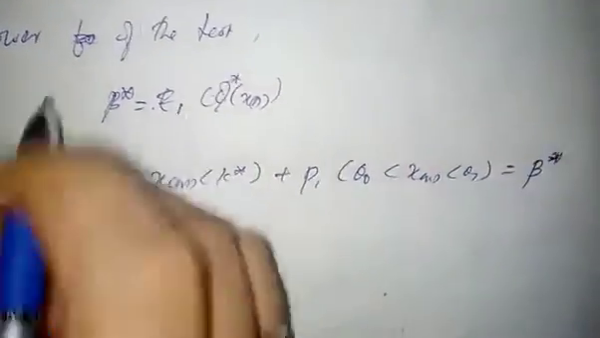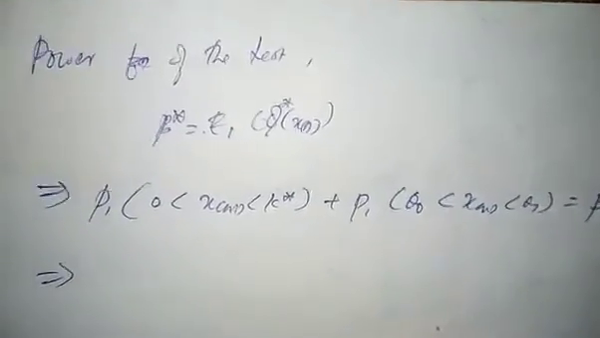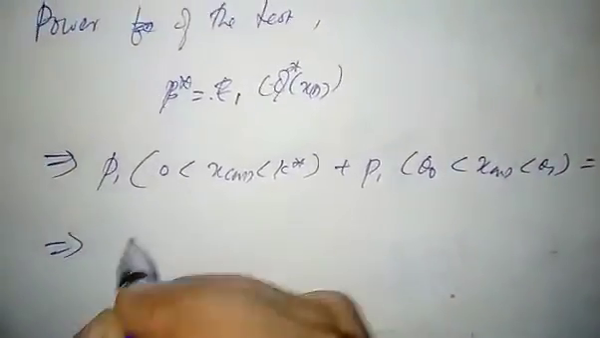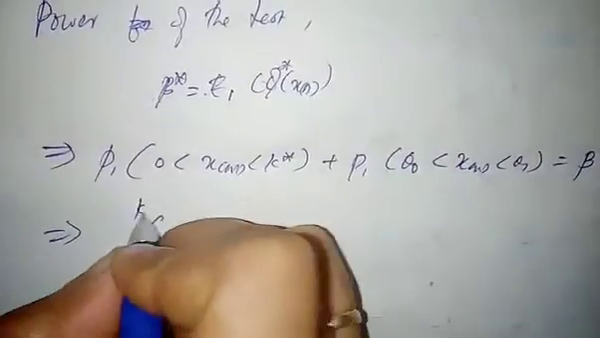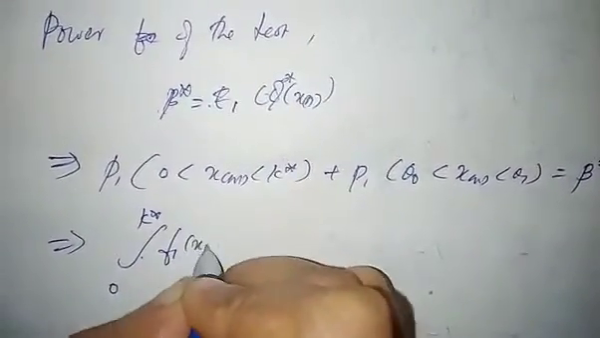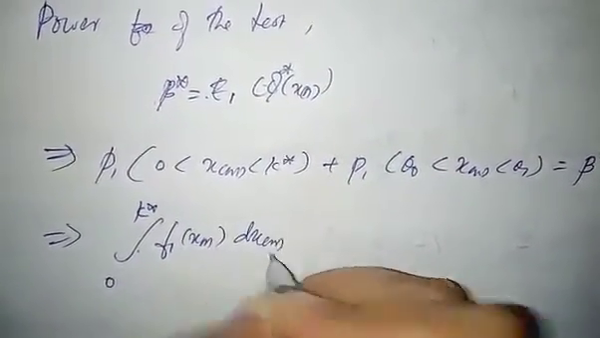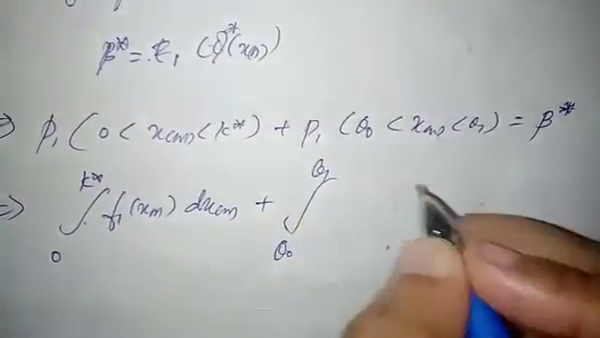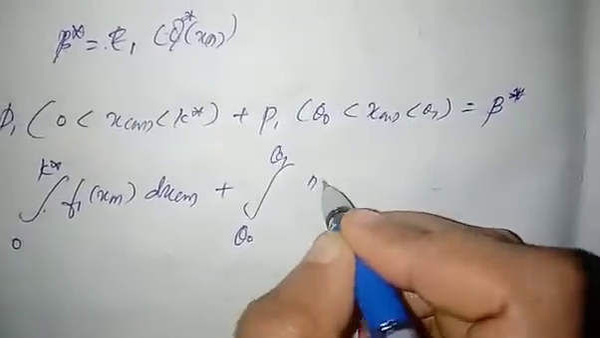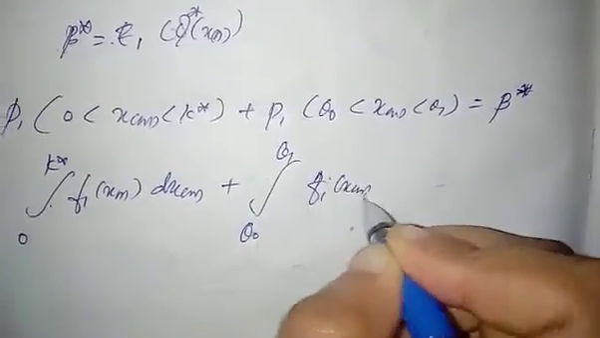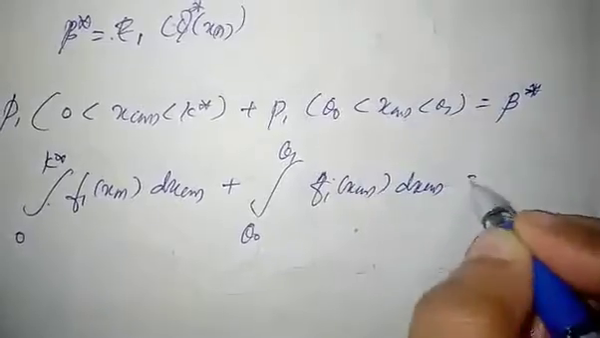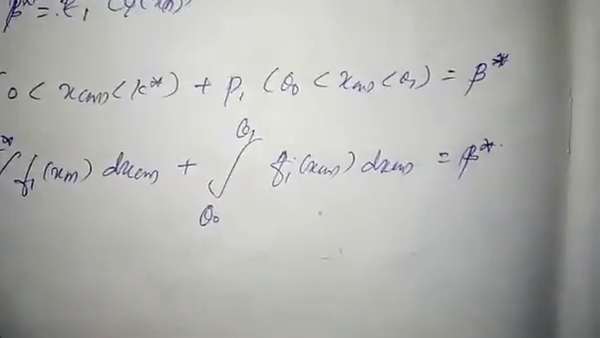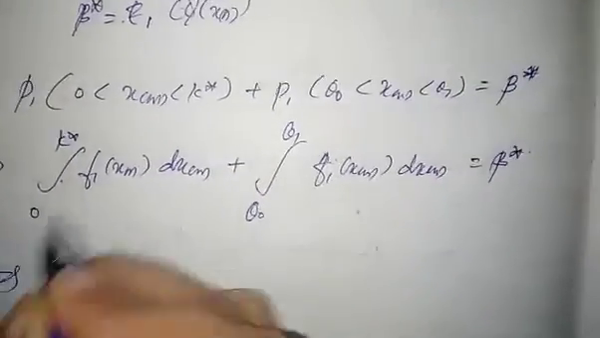Equal to beta star. Then which implies, the integral from 0 to k star of f1 of xn dxn plus the integral from theta naught to theta 1 of f1 of xn dxn is equal to beta star. Okay, then we will substitute the value of